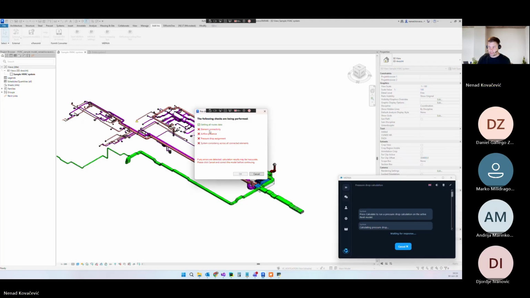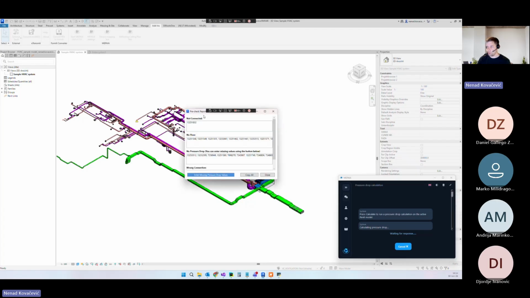If the case on your side is something like this, you will need to fix a lot of things before. When you have all those checkboxes marked green, then you will be able to continue with the calculation. If anything is red, you will not be able to continue with the calculation. But I will show you that we have some tools to help you at least find those elements and fix them quickly. So over here, because you cannot proceed, we can click cancel. And over here we have